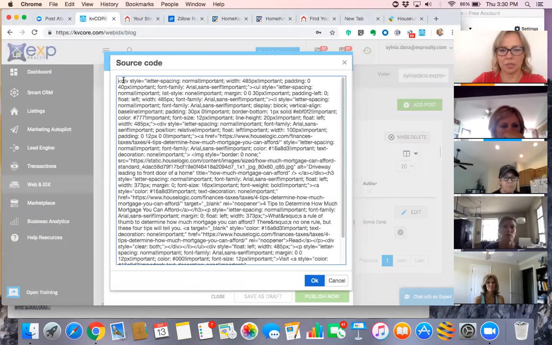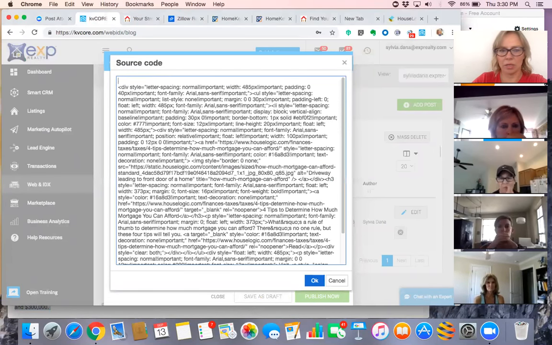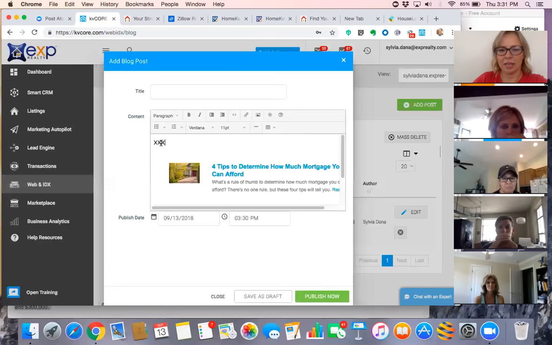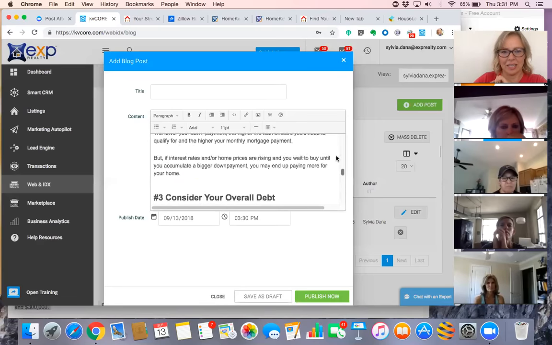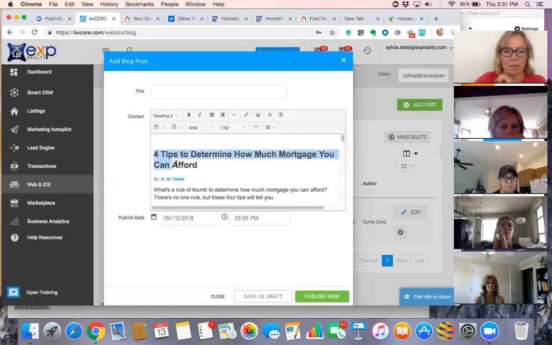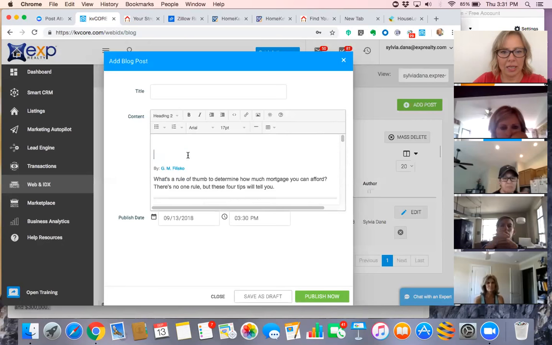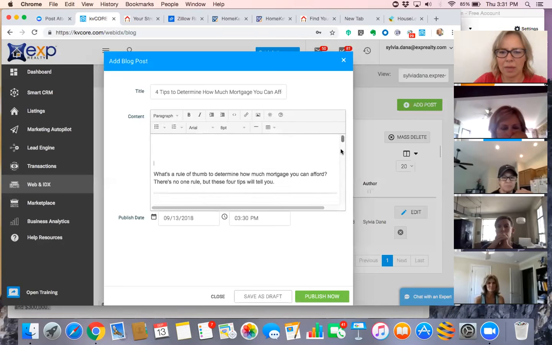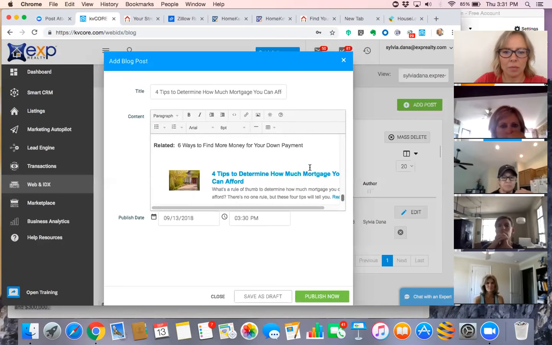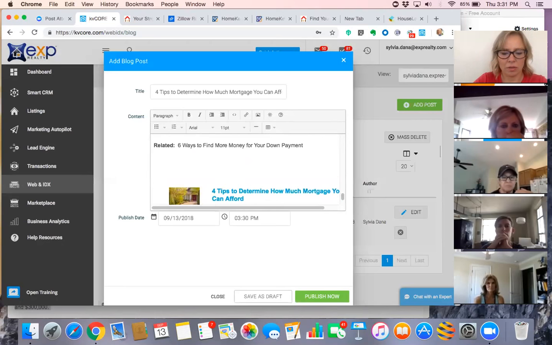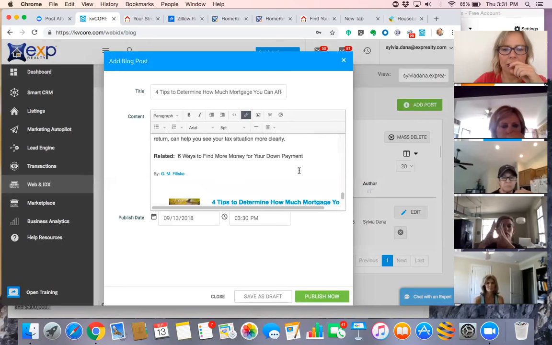The way to deal with this, I want to copy it here, so I'm going to hit XXX above the code so that I can figure out where it is and see the XXX. Now I'm going to paste. All right. So I'm going to take this headline and cut it. I'm going to put it in the title. I'm going to take out who it's by. I'm going to put it at the bottom. I am going to give the guy credit, but we still get to use it. Okay, like that.